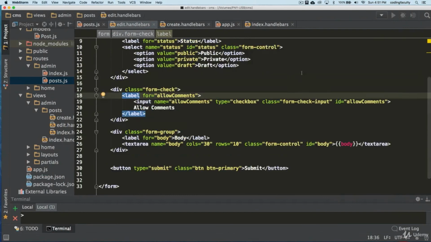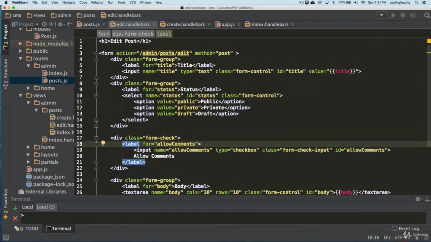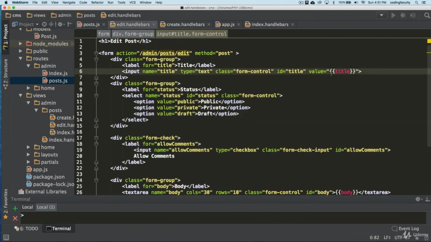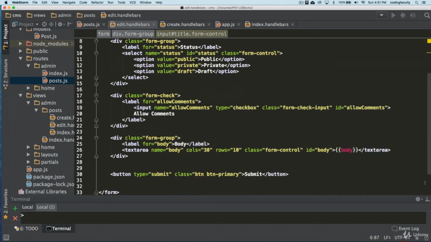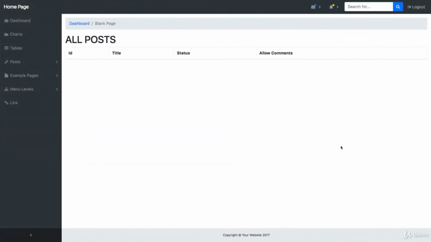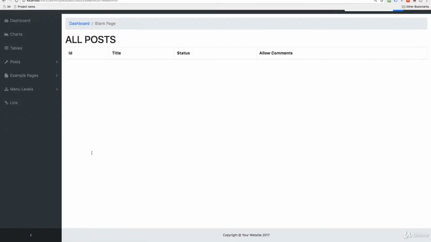Oh, the reason why we're not getting anything is because we are sending an object here that has properties. We're not using post.title and post.body. That's what we've got to do. Let's check it now. Refresh. Come back here. Oh, post, edit. Still not getting anything.